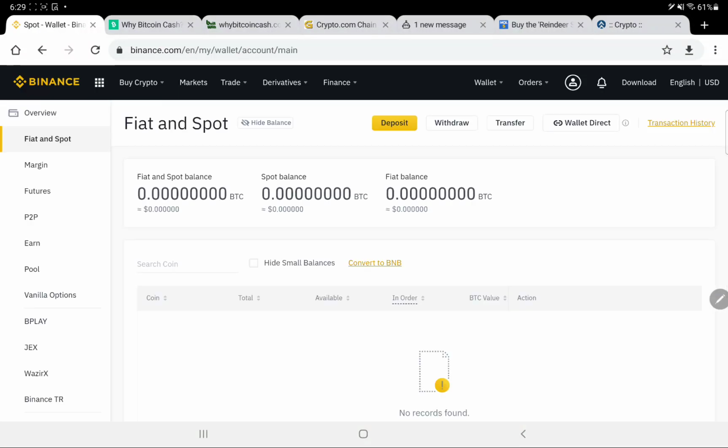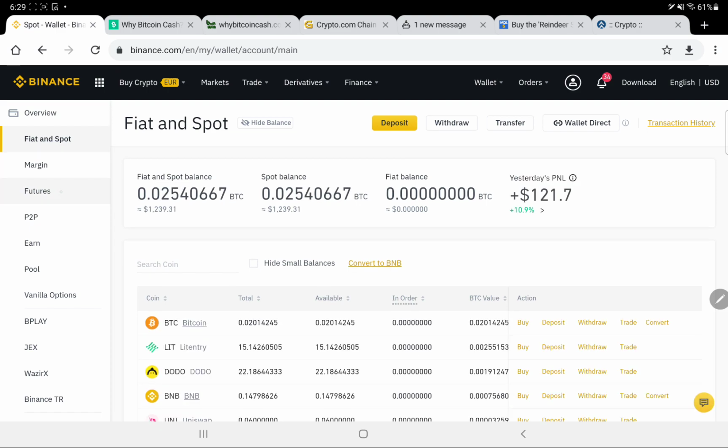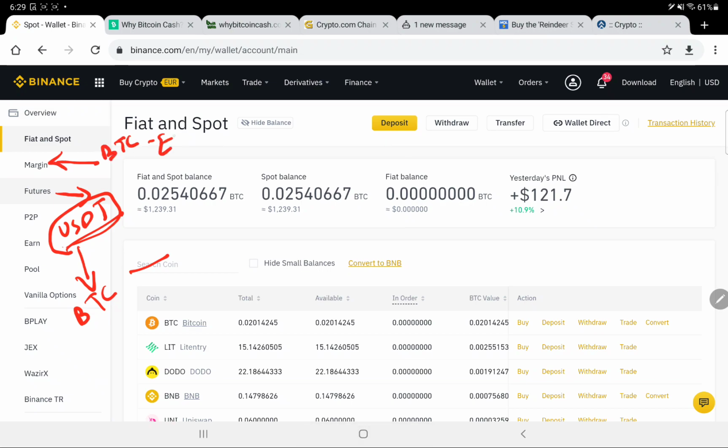So you have to understand the difference between margin trade and futures trade. In futures trade, again we are confirming, you can only trade with the USDT balance, and from that USDT you can trade BTC or other pairs, but your balance should be in USDT. In margin trade, you can trade in BTC, in ETH, or any other coins available. You won't be required to have the balance in USDT, so it will be traded directly with that particular coin. Suppose you have 0.1 BTC, you can trade up to 1 BTC.